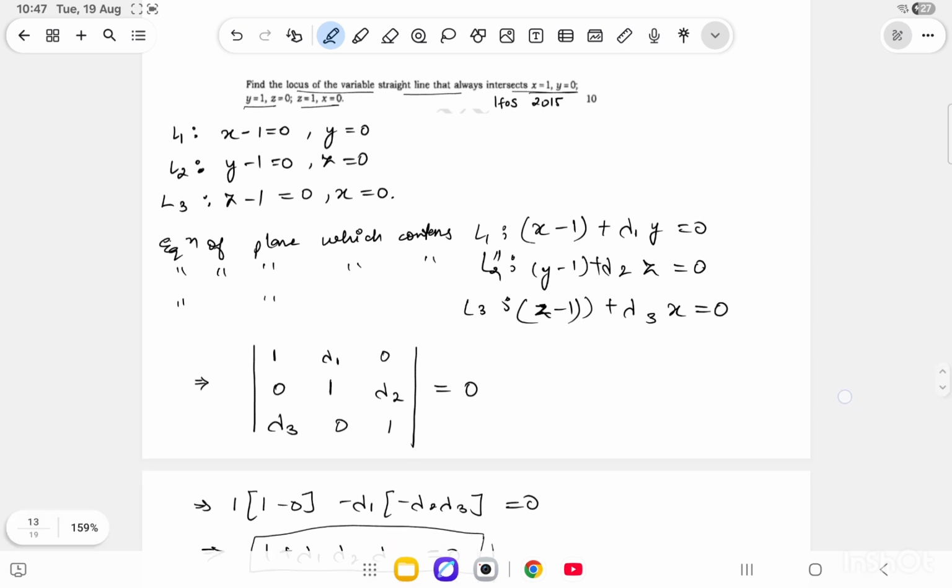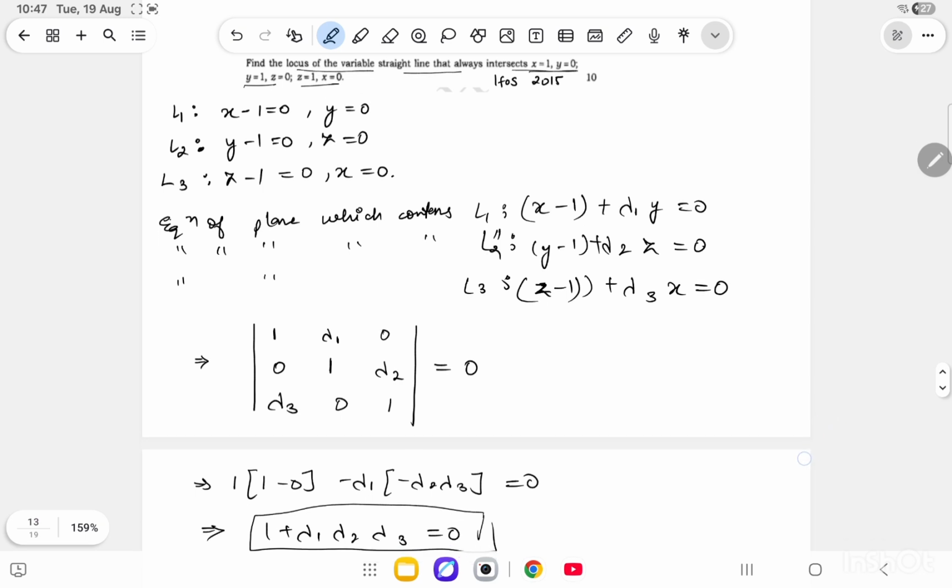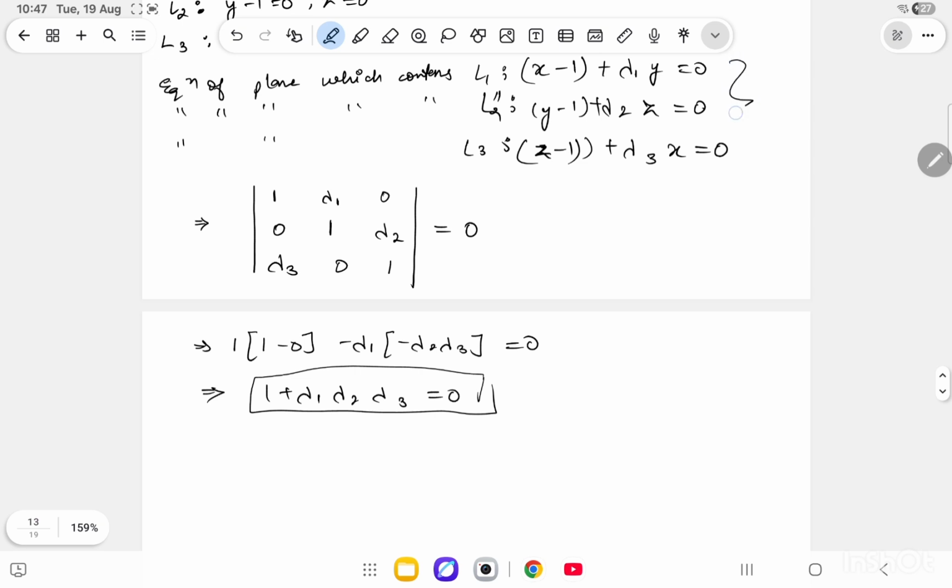line. So if we could just eliminate lambda 1, lambda 2, lambda 3 from this relation, we'll get the locus of straight line, which is basically the intersection line of these three planes. So using these equations of planes, we'll eliminate lambda 1, lambda 2, lambda 3. So my lambda 1 is minus of x minus 1 upon y. My lambda 2 is 1 minus y upon z, and my lambda 3 is 1 minus z upon x